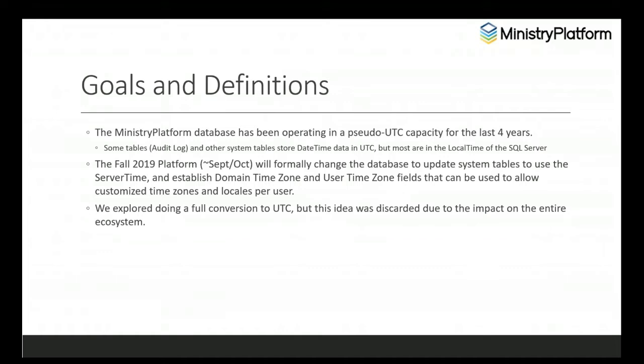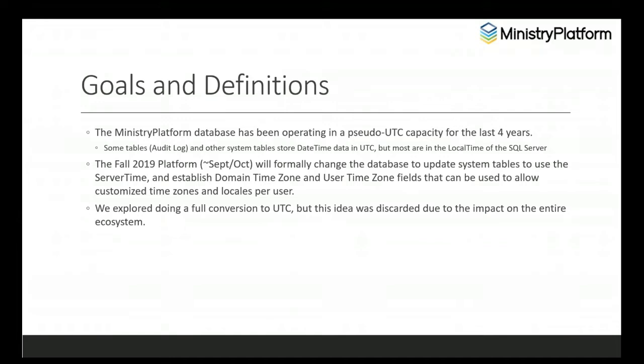We did explore doing a full conversion to UTC. So instead of moving the few things that are in UTC to the server time, instead moving everything to UTC. But we decided to do an about face on that idea because of the impact that would have on the entire ecosystem, all of the integrations and custom development that we have currently, and that would put a big burden on the ecosystem that wasn't necessary.